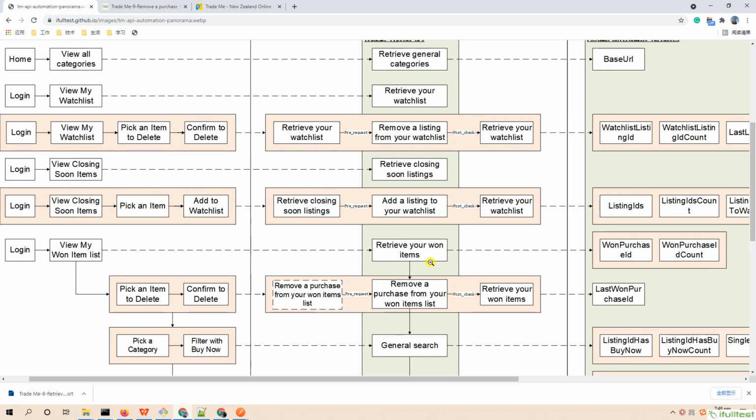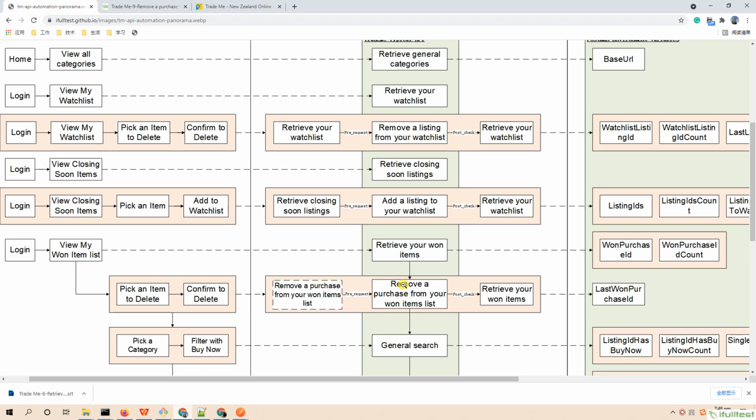First, we get the dynamic data from the environment variables set by upstream API, retrieve your one items. Second, we split the cases through the count of items on the one items list. If it has 0 items, we set a meaningless purchase ID to let the main API execute.